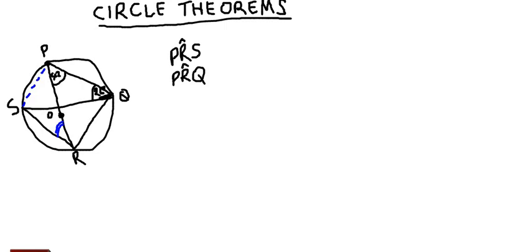So you can see that the angle PRS, this angle is coming from the same points as the angle at Q, this one here. Okay, so these two angles are coming from the same chord PS, which means PRS is equal to